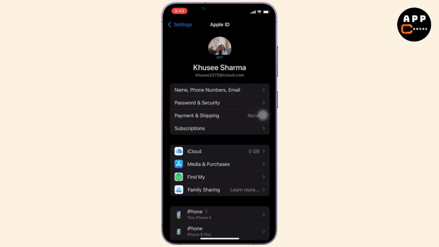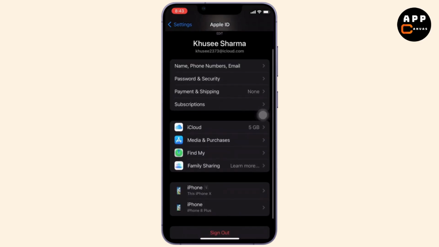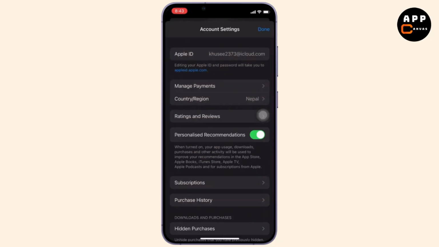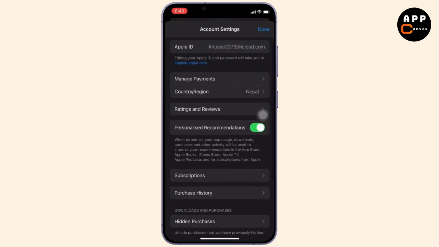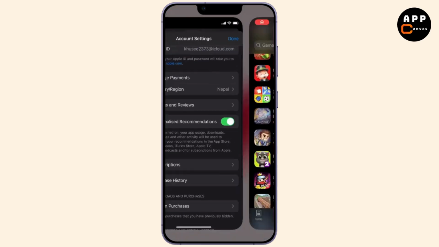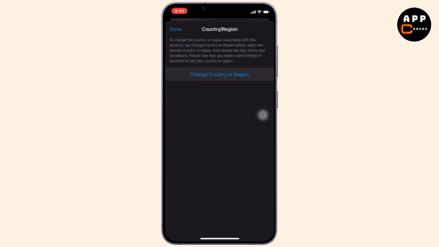Then there we'll get to see that there is media and purchase, and we'll click on view account, and after clicking on it we can simply select our country. Here I am going to click on it, and after clicking on it we can search for our country, and after searching for our country, as you can see,